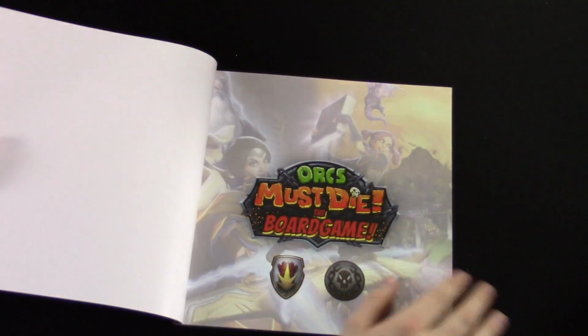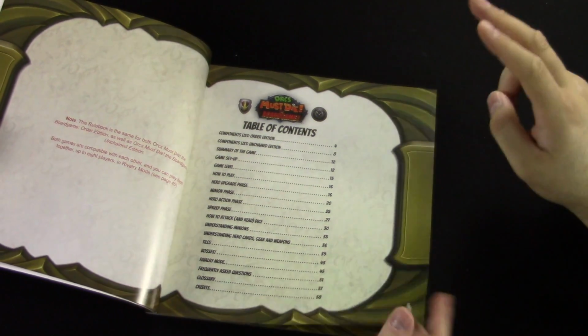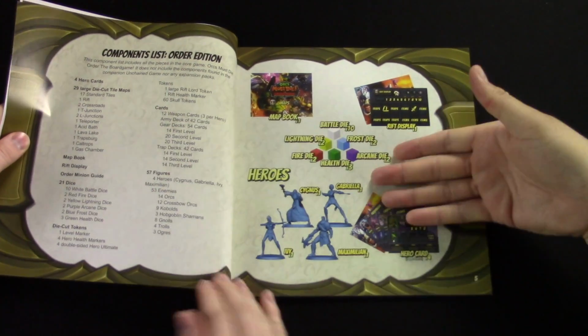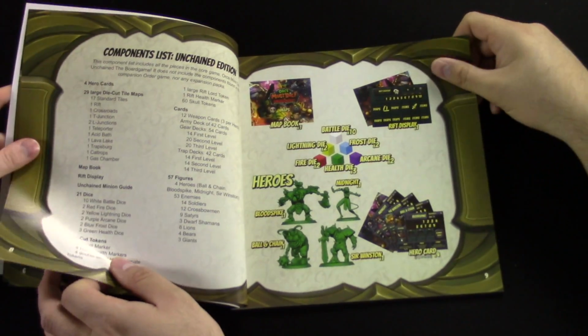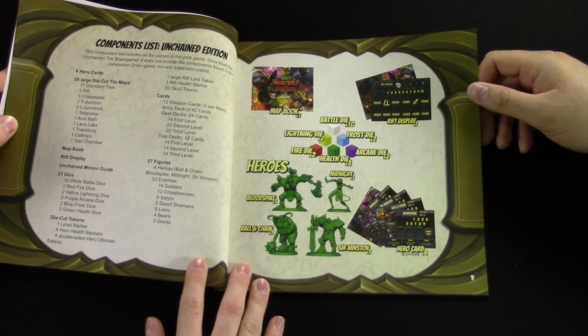But yeah, really well done. It's full color all the way through. The cool thing about this game is there are actually two games. There's the Orcs Must Die Order Edition, which are the Order heroes, and then there's also the Orcs Must Die Unchained Edition,